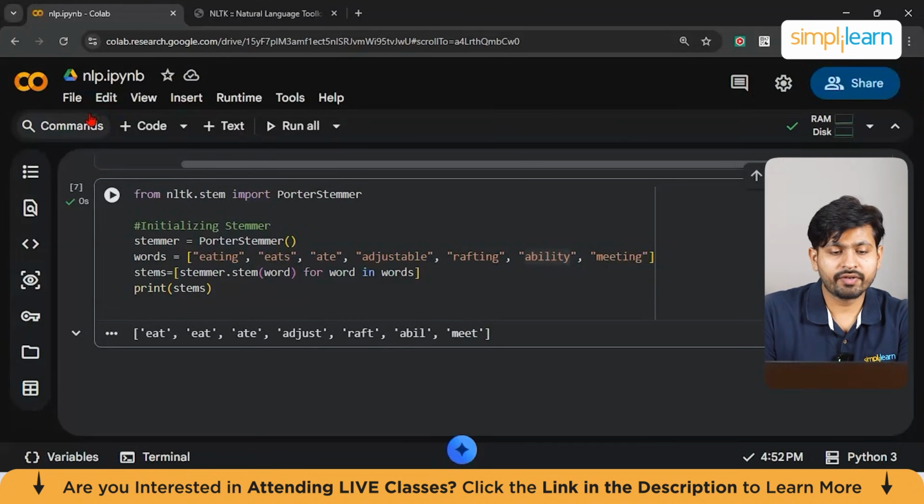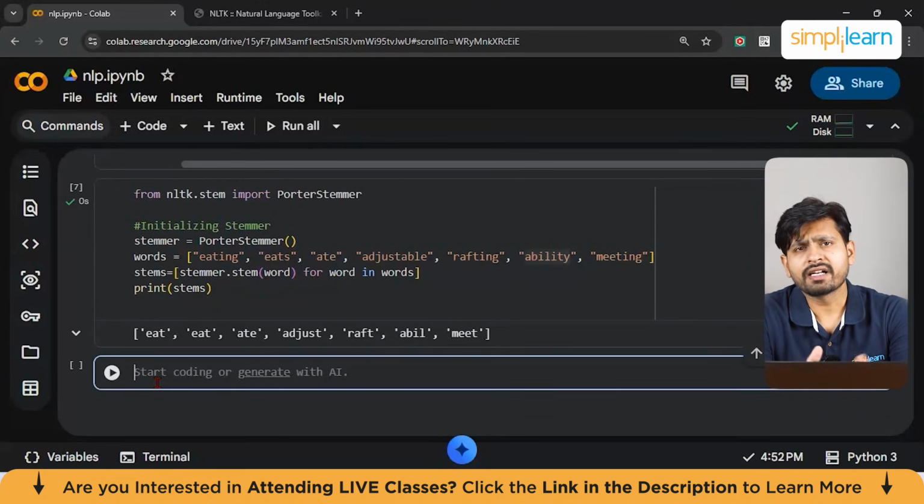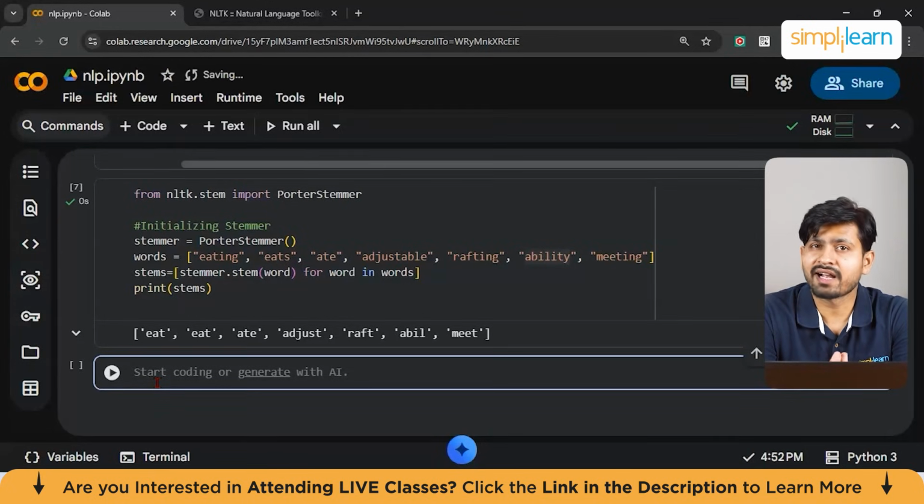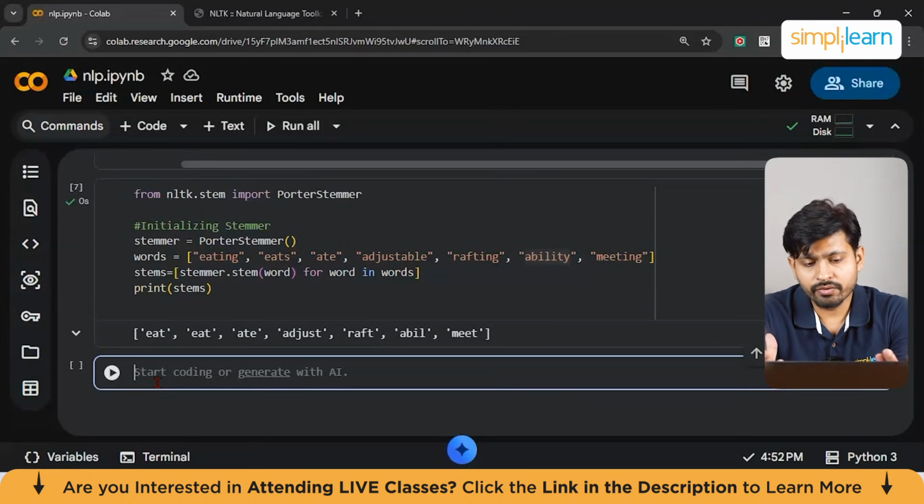Now we will try to perform one more thing that we call lemmatization. People often get confused between lemmatization and stemming. I would say that lemmatization is similar to stemming, but it is a bit more advanced. It returns a valid word by considering the context and the dictionary. So for the hands-on purpose, we can use NLTK's